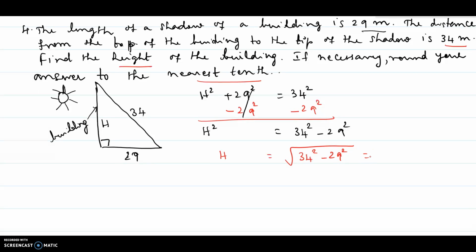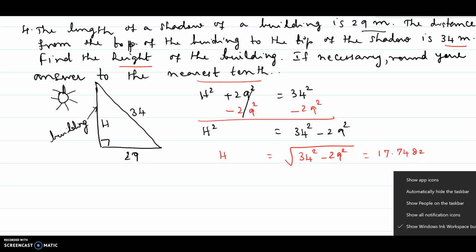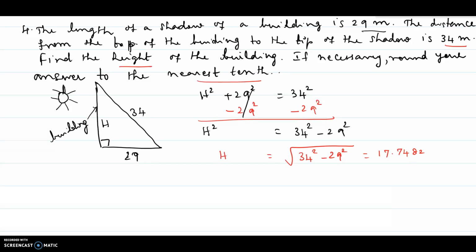From the calculator, it reduces to 17.7482. Because the question is asking to approximate to the nearest tenth, you can say it is approximately 17.7 meters. As it's a word problem, say that the height of the building